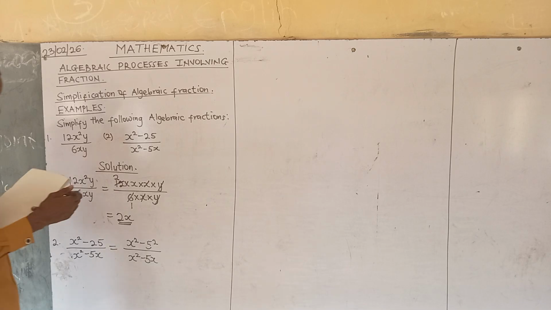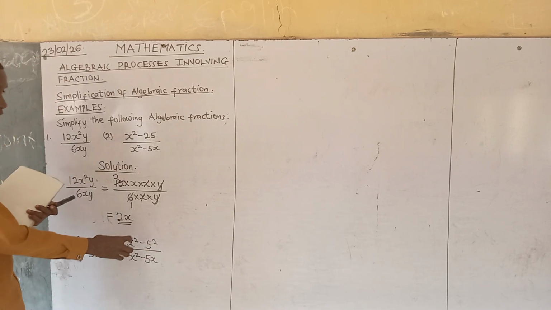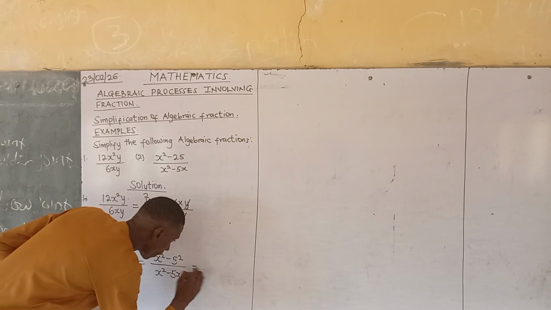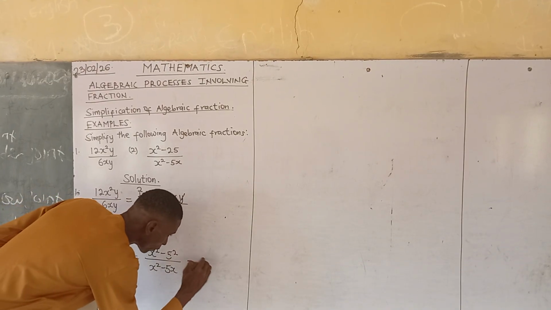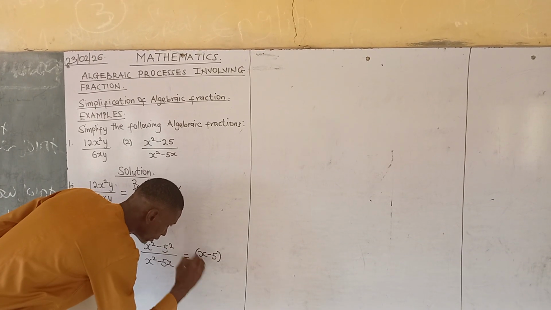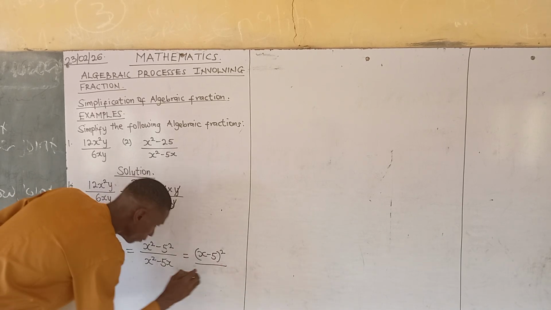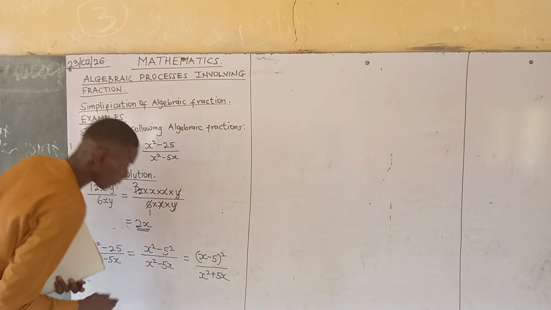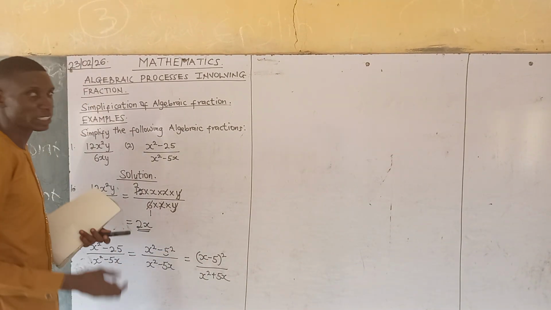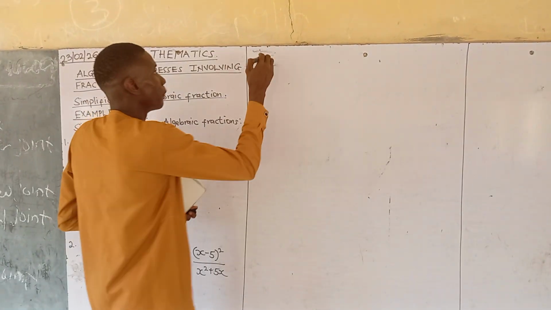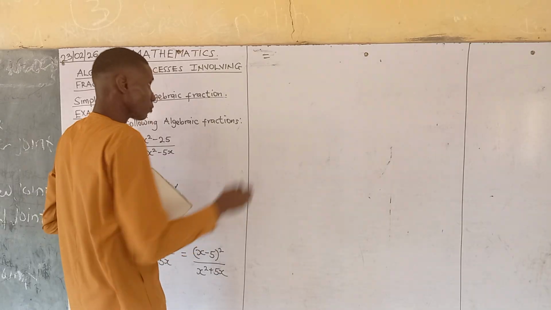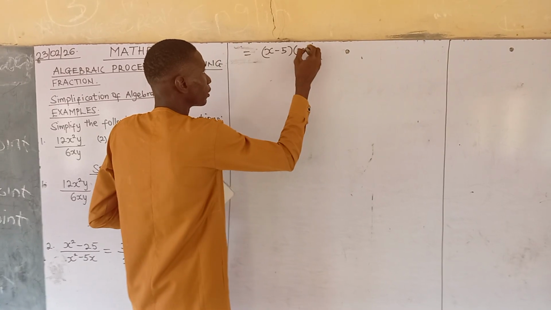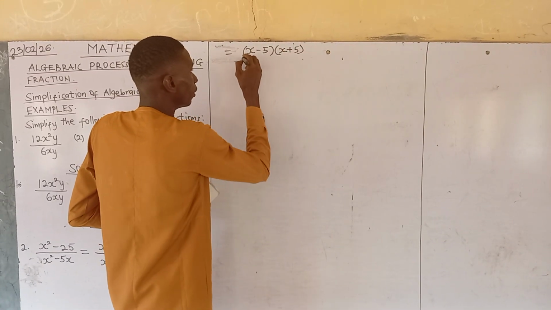If you look at this now, you will see that your 5 squared and x squared are in the same form. So since they are both carrying a square, put them inside brackets and put the square outside, all over x squared minus 5x. Now, this will be expressed in the form of a difference of two squares. This becomes x minus 5, x plus 5, all over